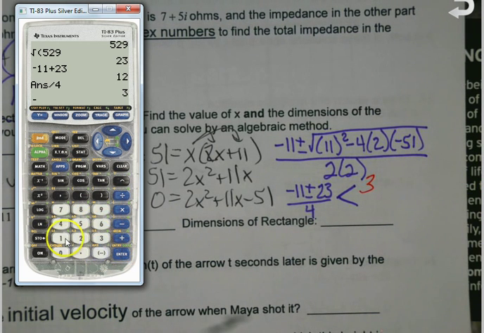Okay, let me show you something. Whoa, how'd that happen? Because if I'm going to do it all at once, and this is why I usually don't, I've got to make sure I use parentheses for the numerator, or my answer is not going to come out right. So if you want to do it that way for the second one,